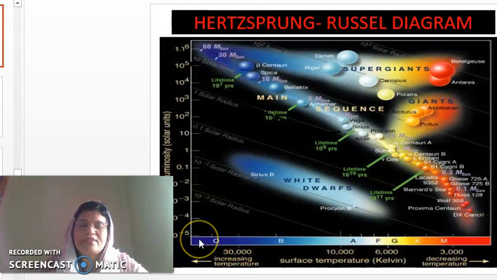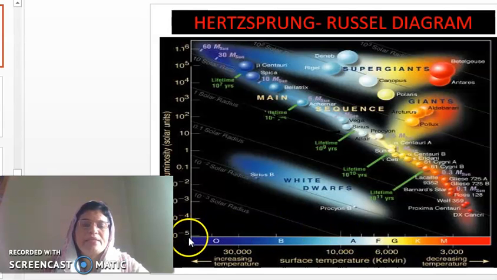The star surface temperature varies with the color, therefore the color of stars varies from blue, then white, then somewhat yellow, then orange, then finally red. And the Sun, as you know, is a yellow or orange colored star. Its position is almost here, and its temperature is almost 5,500 Kelvin.